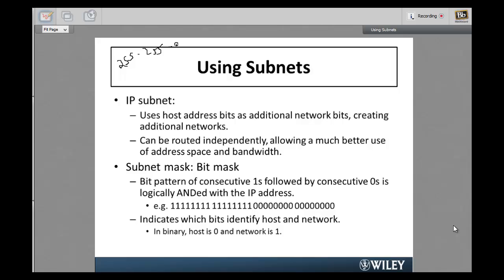255.255.0.0. Okay, so what does this mean in binary? In binary, it means these are ones, these are ones, and ones here. 8 ones, actually, and 8 zeros here. When you logically AND it, make an AND operation,